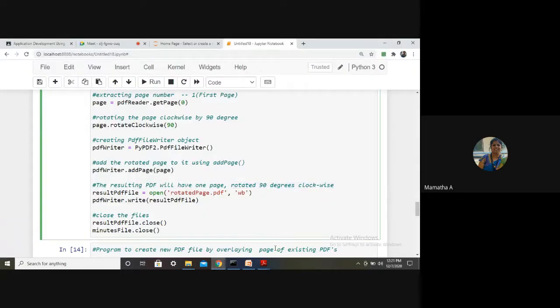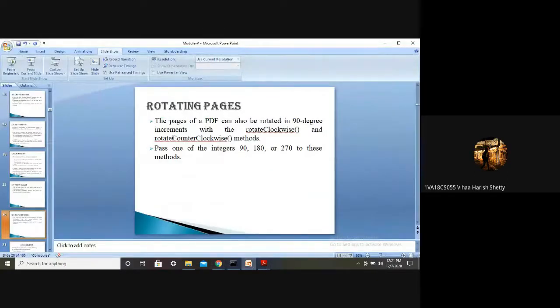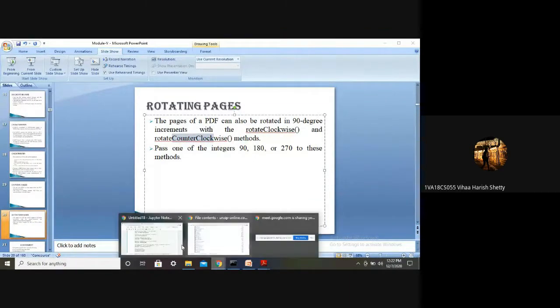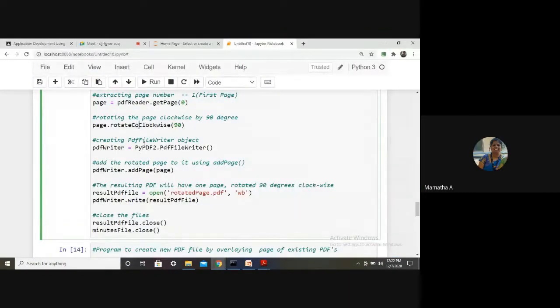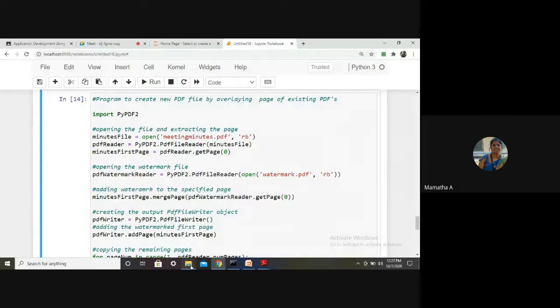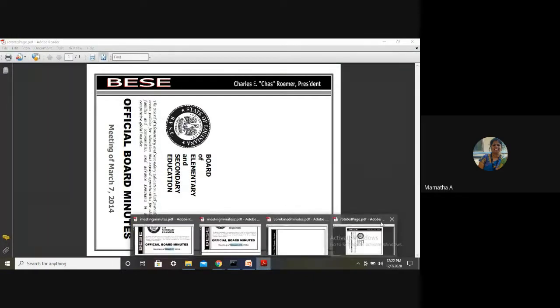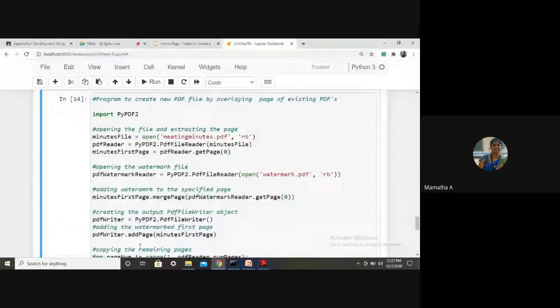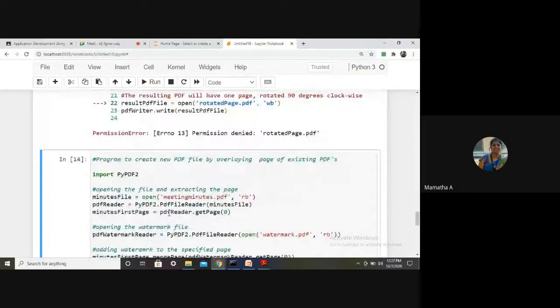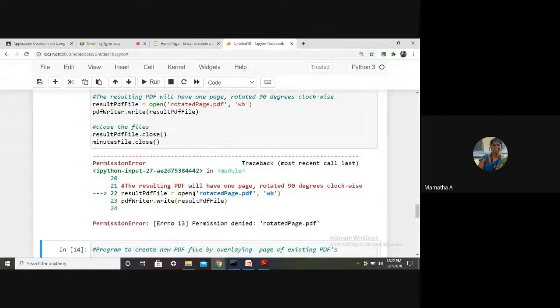So if I want to rotate it anti-clockwise, what is the method that I should use? Rotate counter clockwise. Okay, so let us see how it looks. Again, open the page. Permission denied, rotated page.